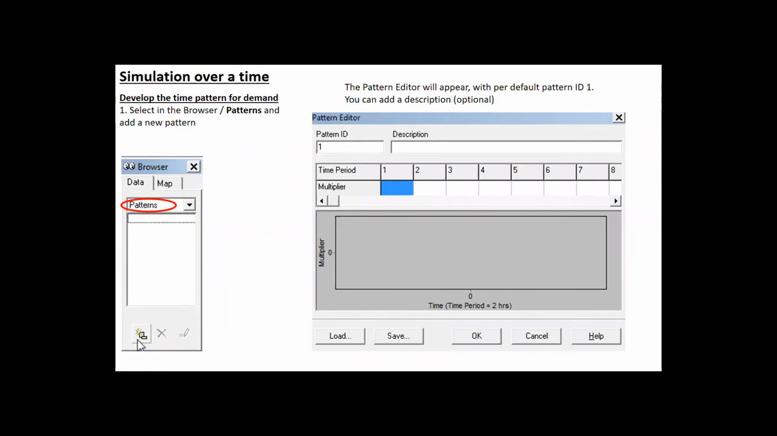Then you choose under that a pattern, and here you will have this image. You can see below, you have a 2 hours time pattern, because before in the option we have given number 2, and here you have the name of the pattern. We start with pattern number 1. You can put a description, for example, pattern for demand. And then you have to give the